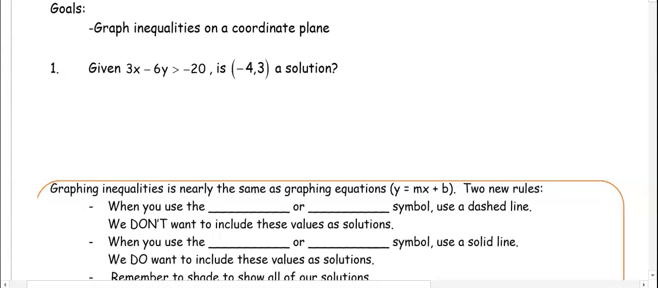This video is about graphing inequalities on a coordinate plane. So before we graph an inequality, we want to see, given the equation 3x minus 6y is greater than negative 20, is (negative 4, 3) a solution? To test if this is a solution, we want to substitute the x value in for x and the y value in for y, and we want to see what number we get. So when we do this,